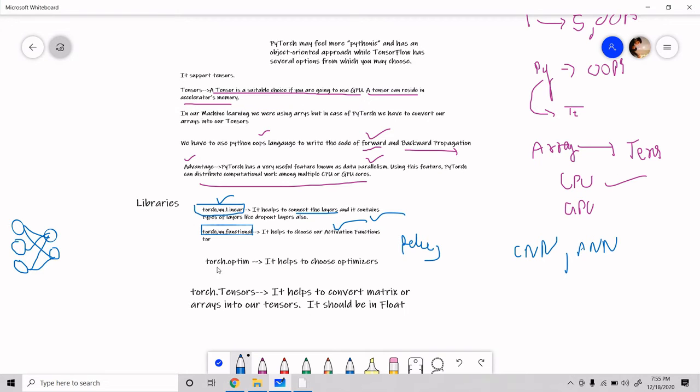The next is torch.optim. In that library we can use our optimizers.